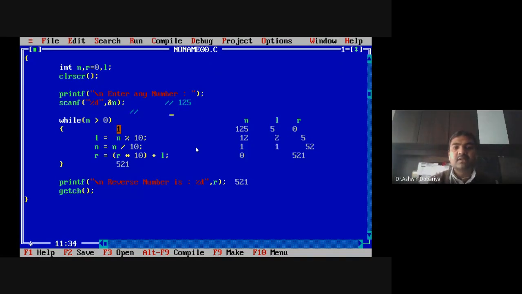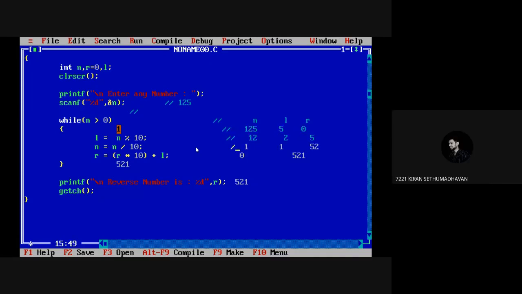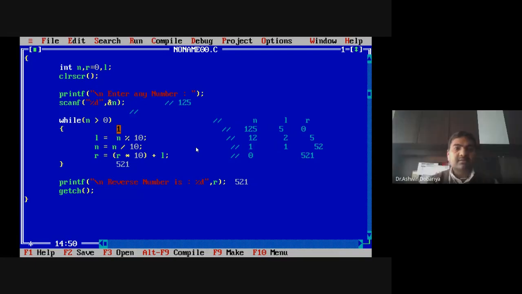And I hope that, friends, now it is clear to everyone. Sir, for example, a 4-digit number will also have the same method? Yes, it will. This is just an example I am giving. Suppose,